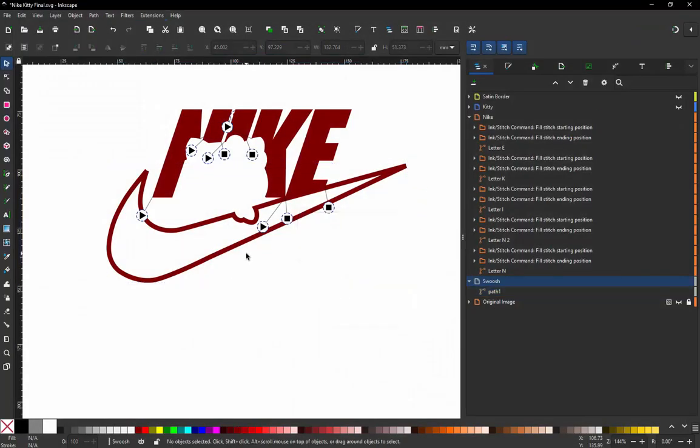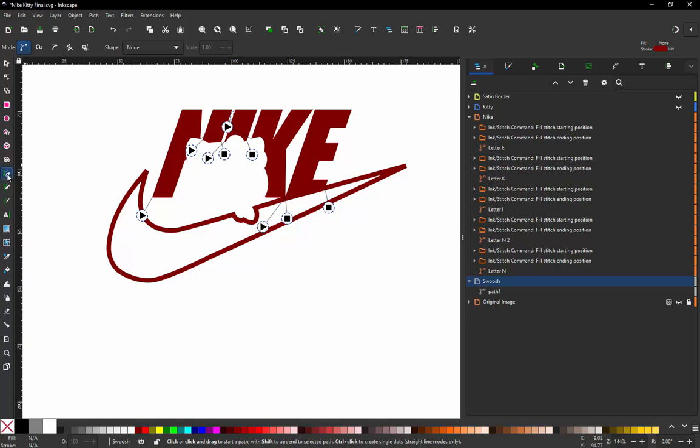Now this is not a complex shape per se, but it's also not just a circle or a rectangle. It does have some various thicknesses. We have this little cutout at the paw. So it's got, quote unquote, some complexity to it. So we need to give InkStitch just a little bit more information of exactly how we want to render that satin stitch. And the way we do that is come over here to our pen tool,